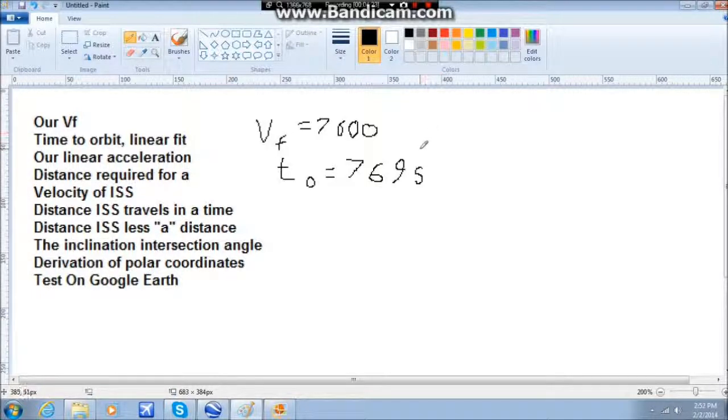So acceleration is defined as change in velocity over time. So we have VF over TO, which is final velocity over time to orbit, and that is going to be approximately